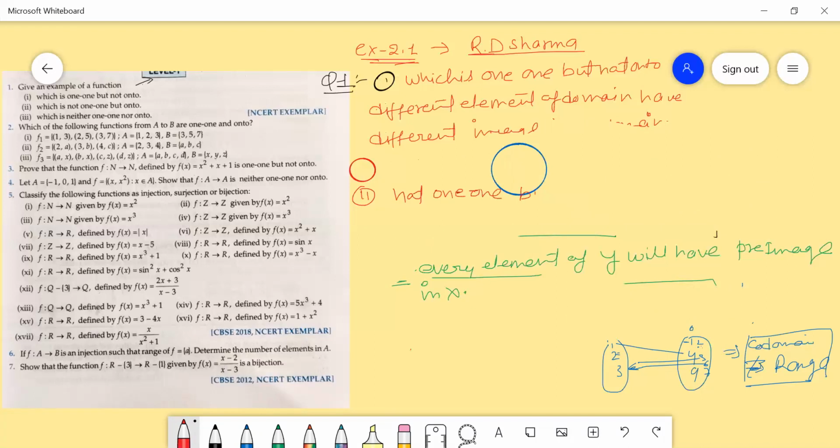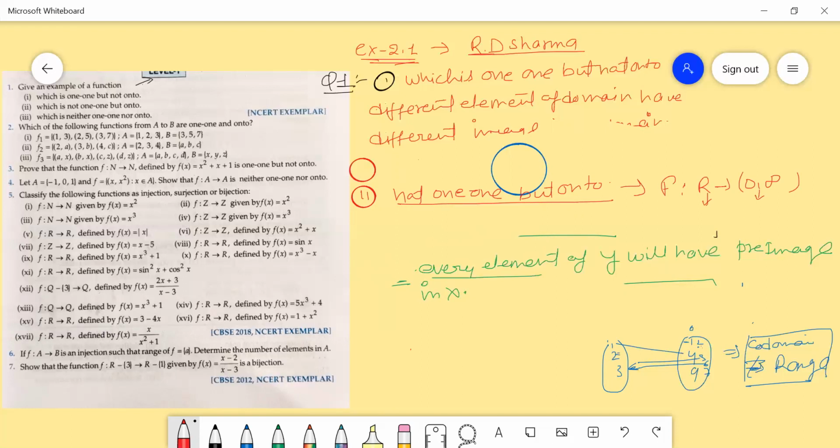Okay, so again we have to take a function f from the real numbers to 0 to infinity. So here our codomain is fixed, the range 0 to infinity, that is the non-negative real numbers, and the domain is all real numbers, right?